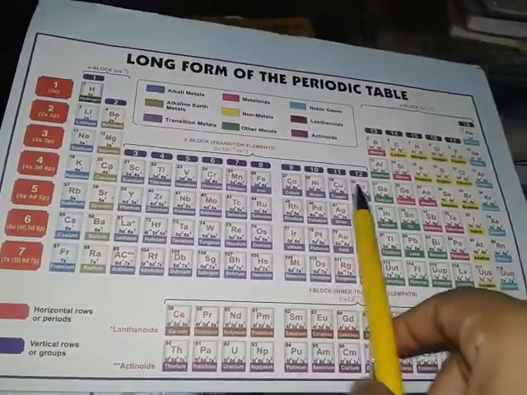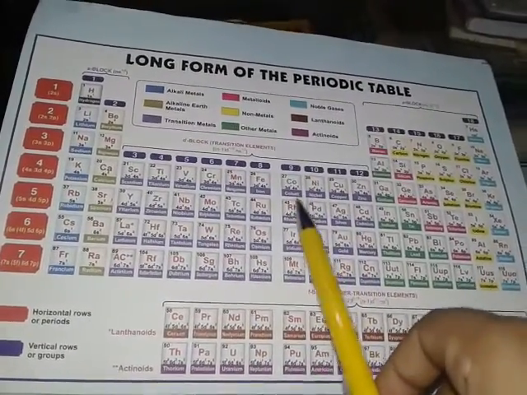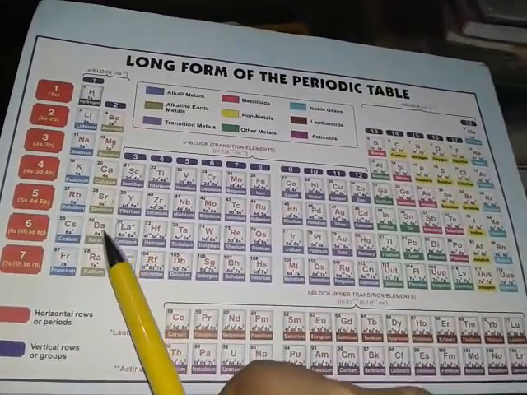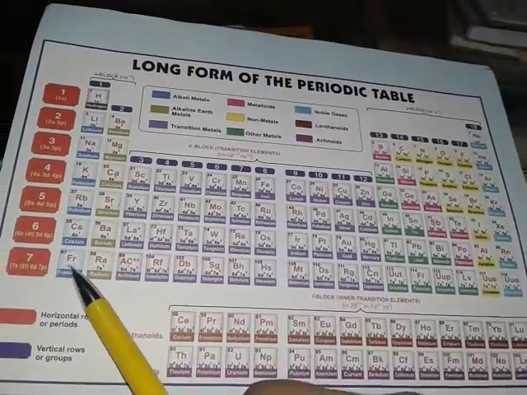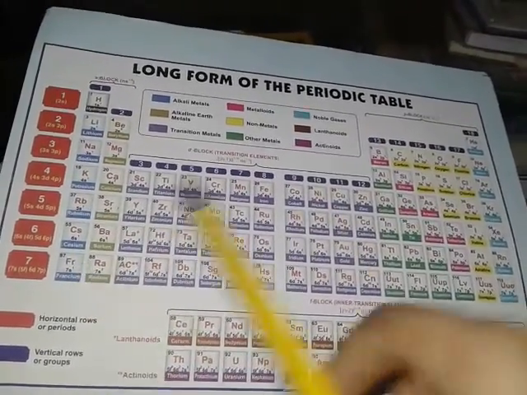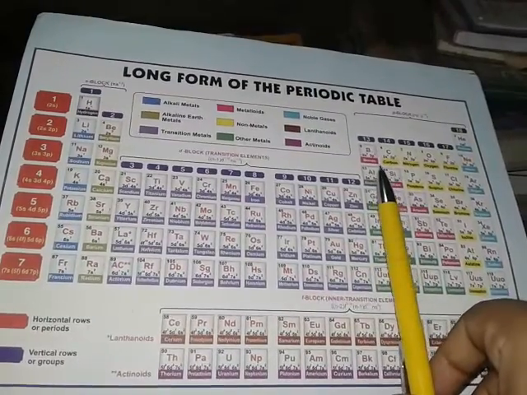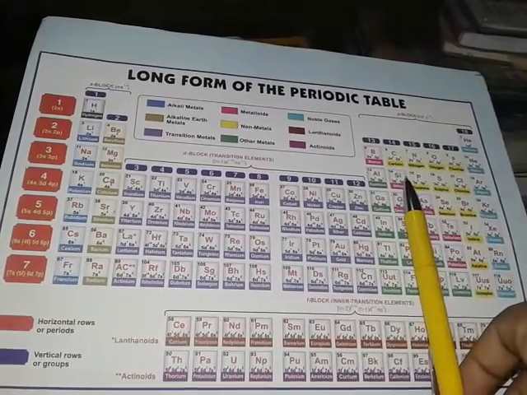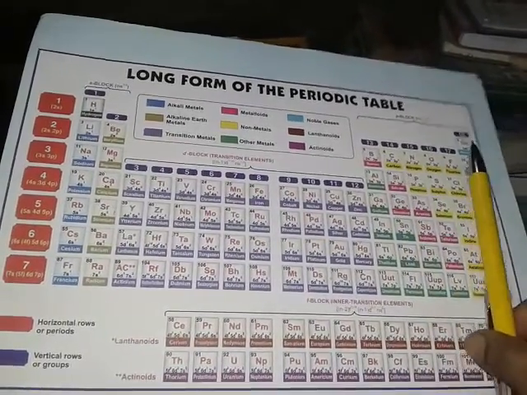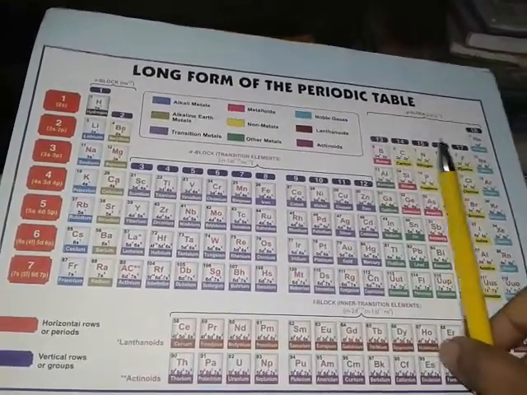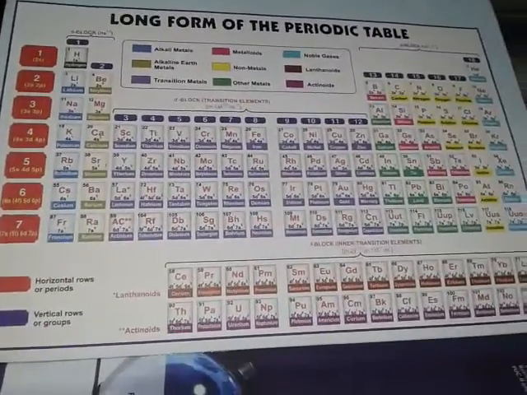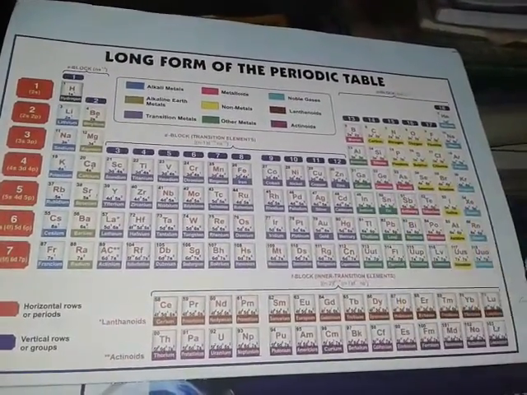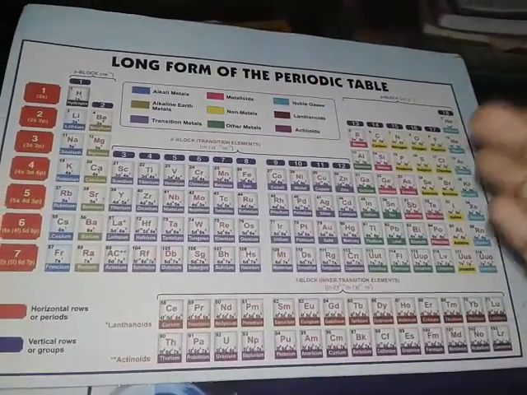We know that D block occupies a position between S and P block. In S block, all elements present are highly metallic in nature, and in P block also a few elements are metals, then the behavior changes to metalloids. Afterwards, the elements present at the extreme position are known as non-metals. So what we are observing is that the behavior is changing from metallic to metalloid to non-metal. So there is a transition, meaning a change.